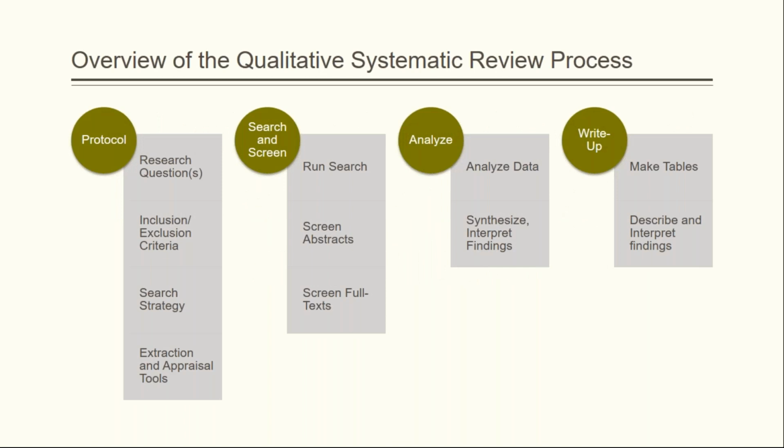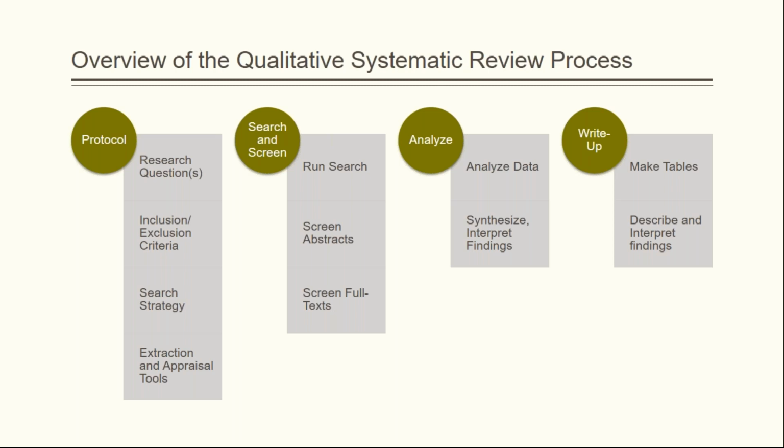So now that you have your research question, we can talk about the general process of conducting a qualitative systematic review. It usually involves developing a protocol, which is like a dissertation or a grant or an IRB proposal. It's your guide for conducting the systematic review. It's your best guess of what you want to do, why you want to do it, and how you're going to do it. It's like sticking a stake in the mud and saying, this is where I'm going.